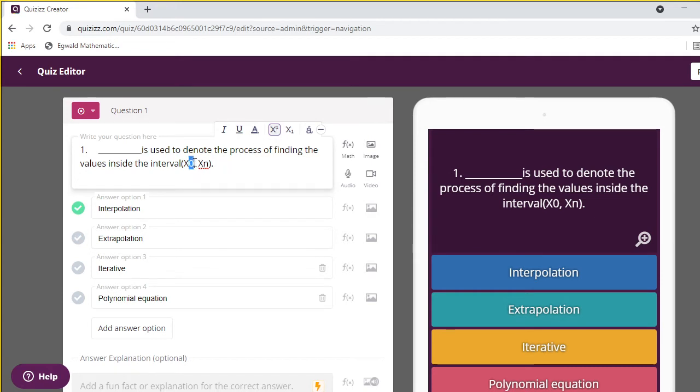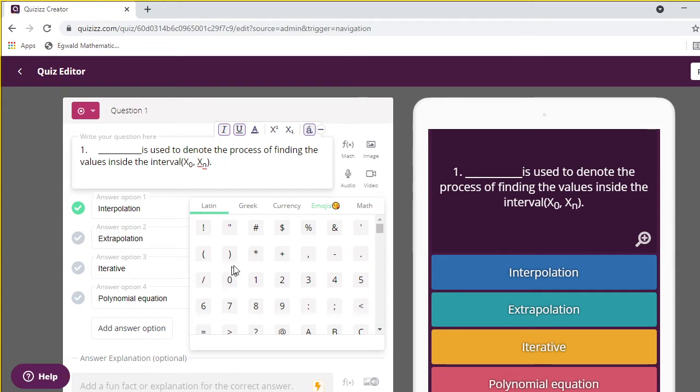Here, suppose I want lowercase, you just use the lowercase letter. Mathematical fonts are available here. Italic and underline options are there, and uppercase, lowercase.